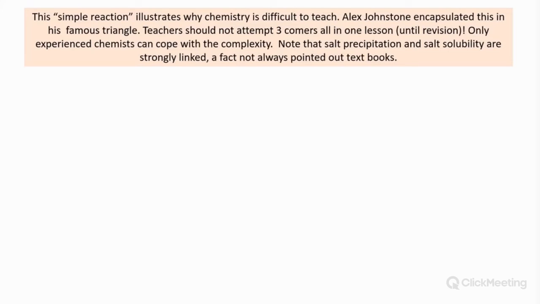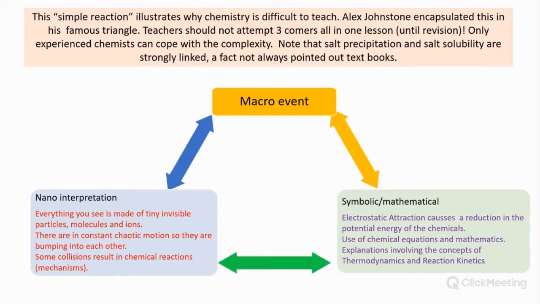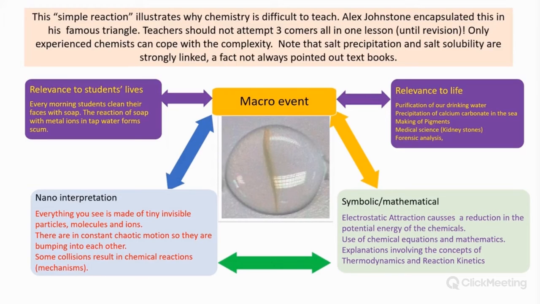We tend to overload our students quite a bit with complexity, and they all enjoy the macro events, even Barbie having a detox. But it's when we do the nano interpretations and symbolic and mathematical approach to chemistry that we tend to lose them. So Alex Johnston produced this triangle. It has been increased in points from 3 to 4 by Peter Mahaffey in Canada, who produced the human element. Well, I don't really like using the word element in this context, so I tend to call it the relevance